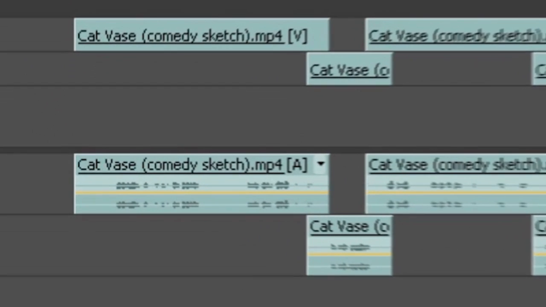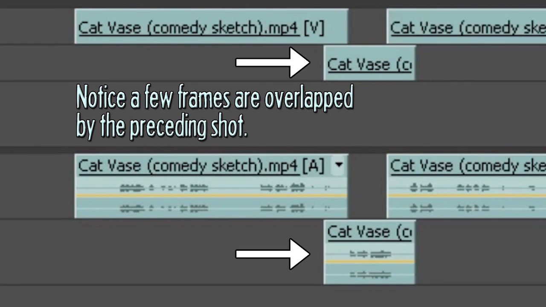Whenever I'm cutting dialogue, I never ever put the second clip directly after the first clip, and this is where multiple video and audio tracks come in. Overlapping the dialogue, either by cutting to the second clip after the second person starts talking,